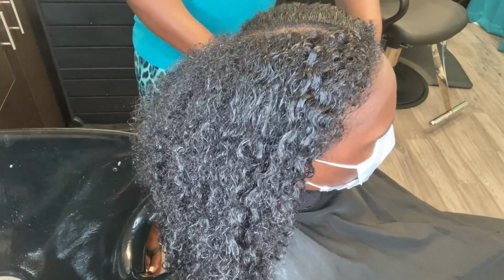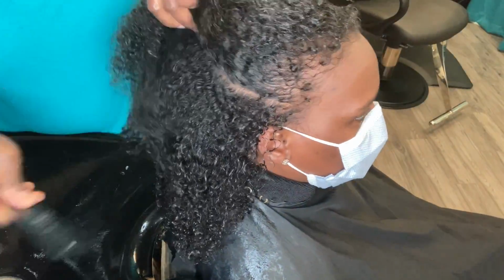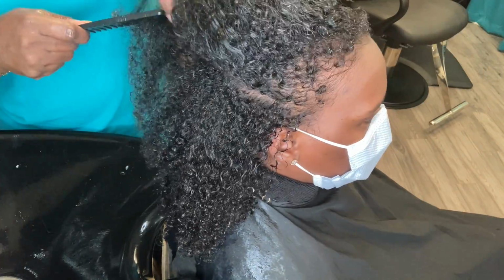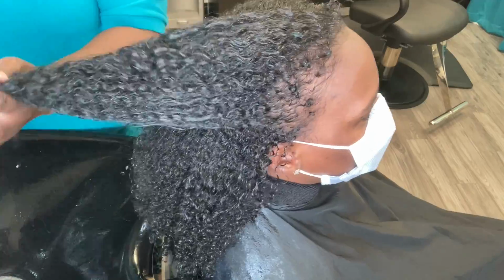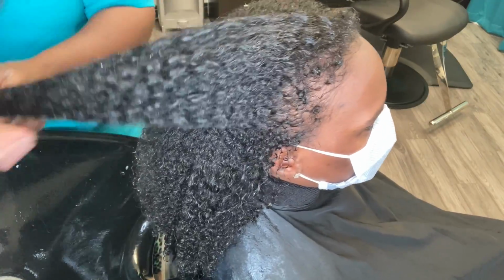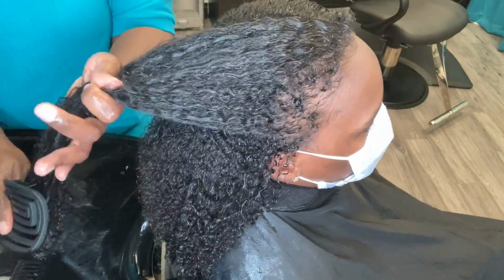So what I'm doing is just going through and detangling. Now, when you're detangling anything between the crown, well, at the crown, right above the occipital bone, that is typically where you get the most tangling. And then of course, whenever I'm working with longer lengths of hair, I always start from the end and work